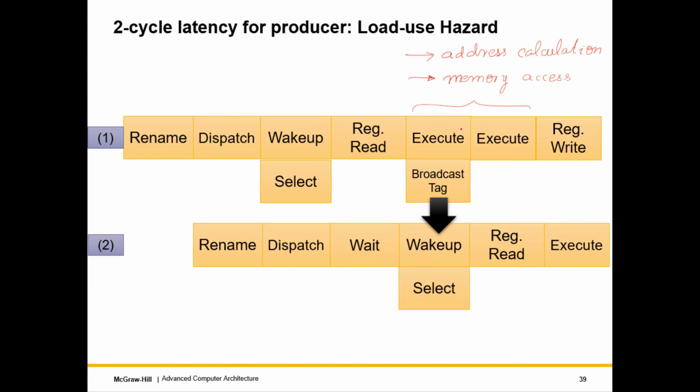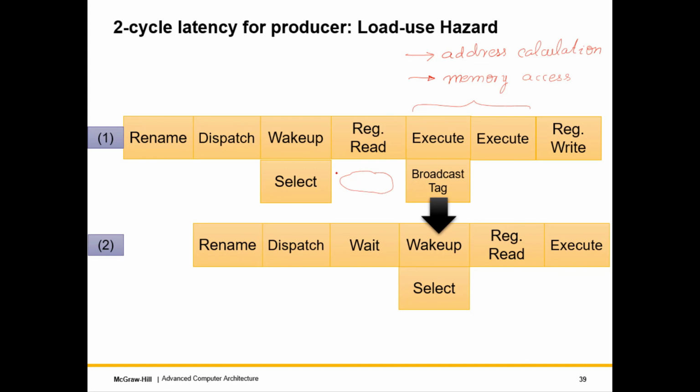So in this case, of course, back to back execution is not possible. It was not possible in an in-order pipeline as well. So there was a 1 cycle delay or a 1 cycle stall. So in this case, the advantage of an out of order pipeline is that instead of actually stalling, we can execute some other instruction in the middle, in this middle cycle, right? We can execute some other instruction.